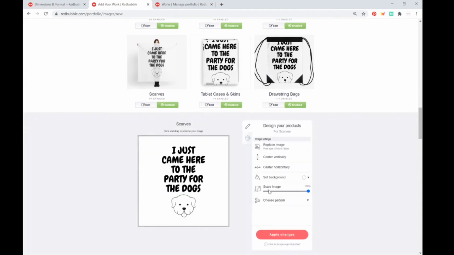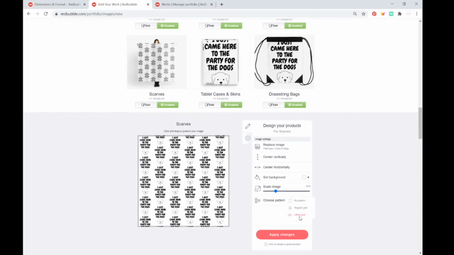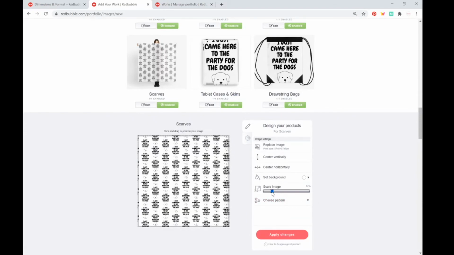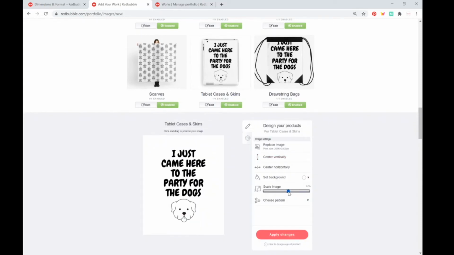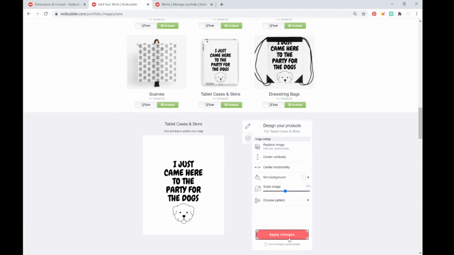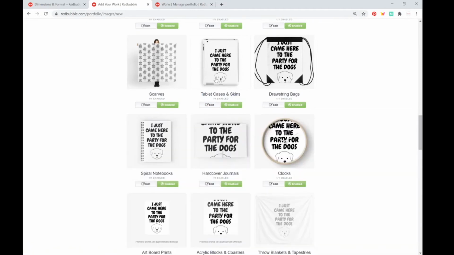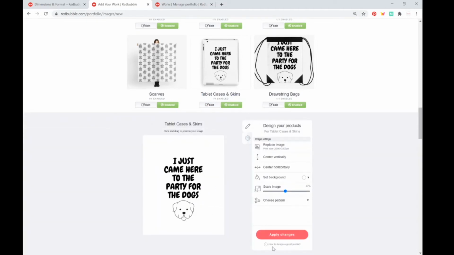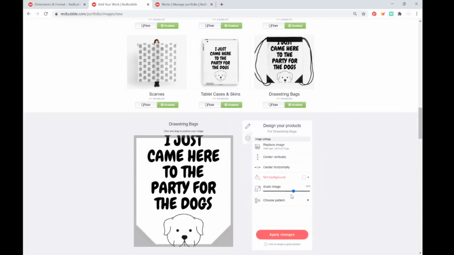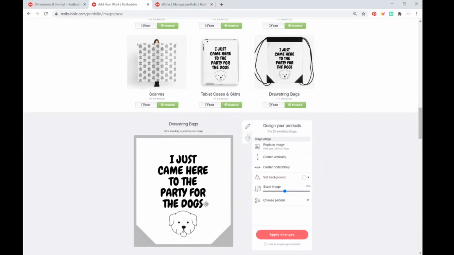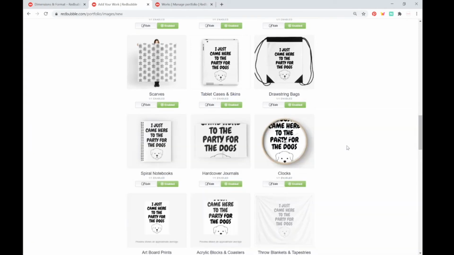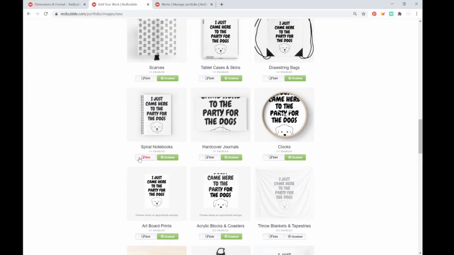Scarves also, I don't know who's buying scarves unless it's a pattern design, but I just go with whatever I feel like in the moment. I haven't done super big research on what kind of designs sell on what products, because the products